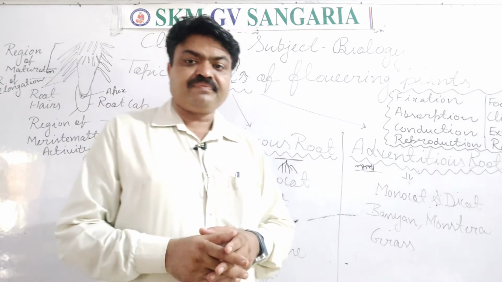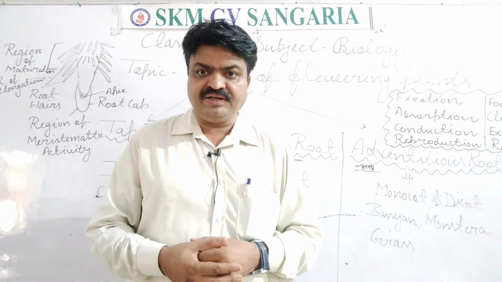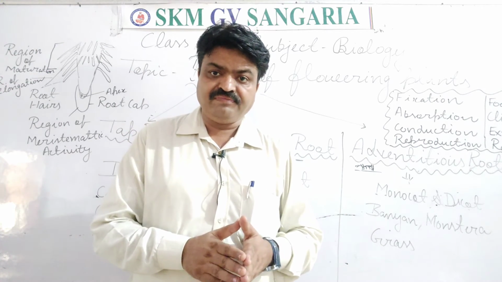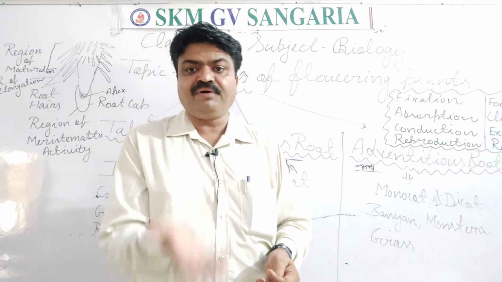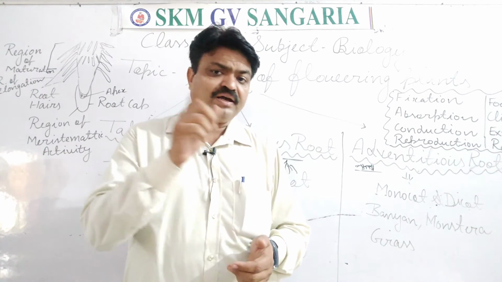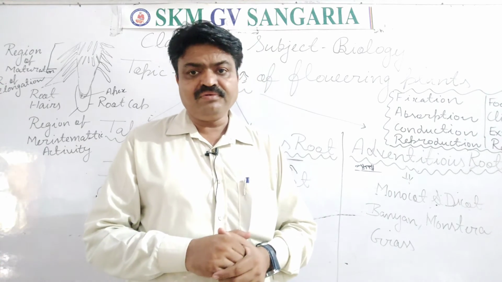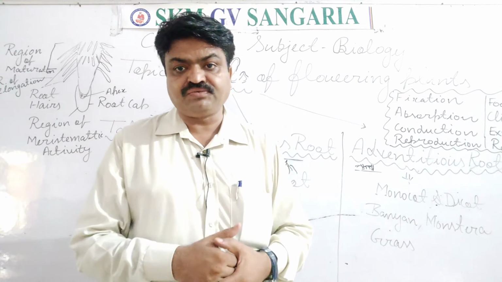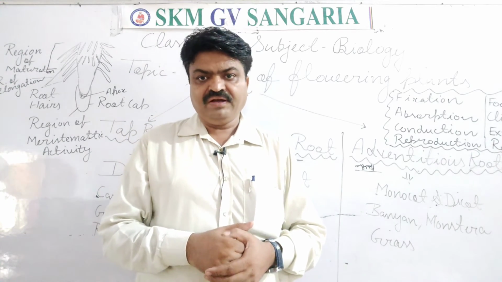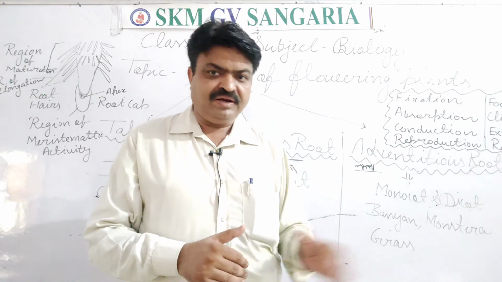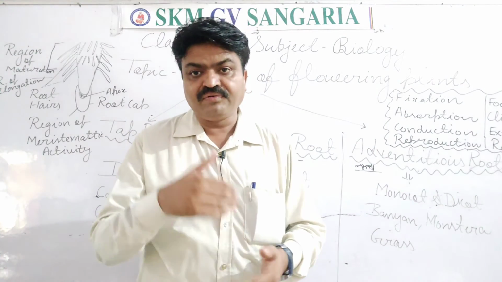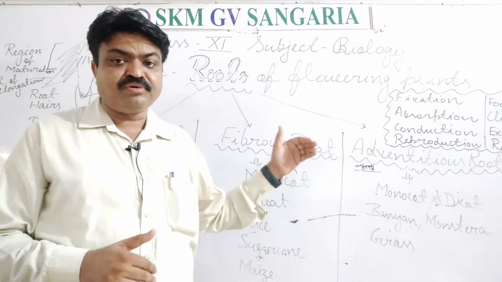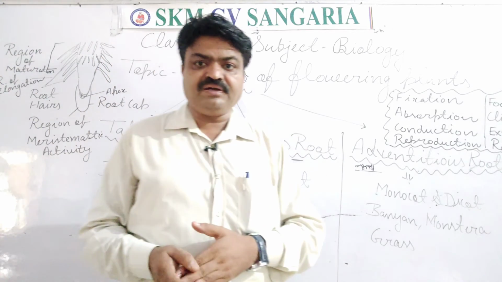Then respiration, student. Like the plants that are found in marshy areas, those plants have aerial roots. Their roots are not found inside the ground; they are found above the ground like the shoot. And with the help of that, they do respiration, student. With this, there are some plants, student, that have green roots, and those green roots found in the form of adventitious roots help the plant in photosynthesis. So these are the important functions that are performed by the roots.